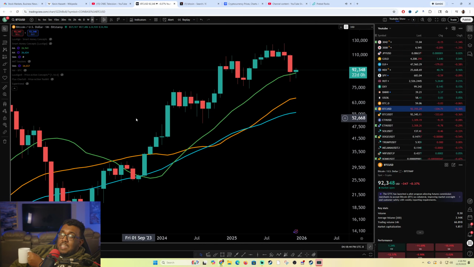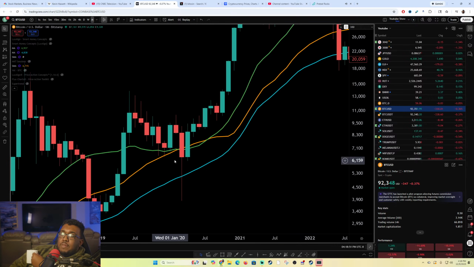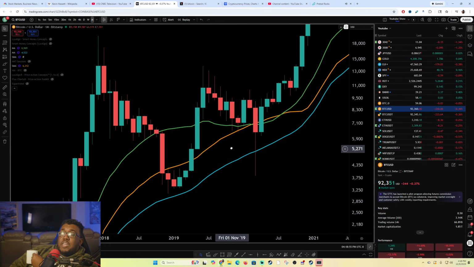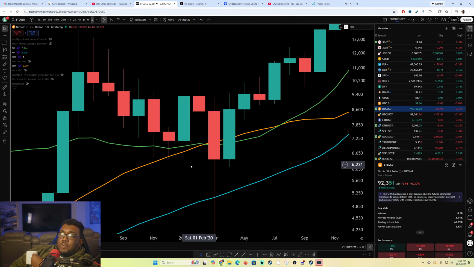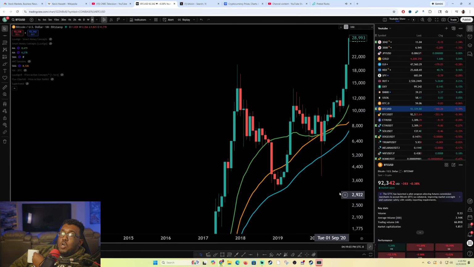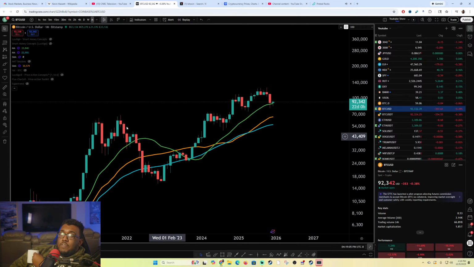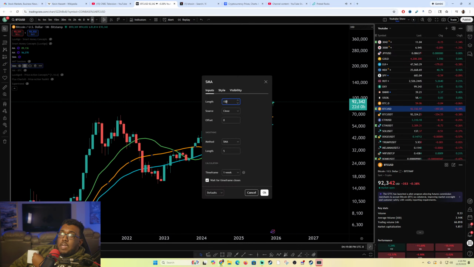Again, that being said, if we break down below this, I'm loading up. Even if it's something of a shorter term type of thing like this, I'm loading up. My concern is this time it worked out for a few months, but what if we didn't have COVID? What if we just only had that for there? So if you guys don't want to be as aggressive, instead of using the 150, go ahead and use the 100. A lot more leeway.